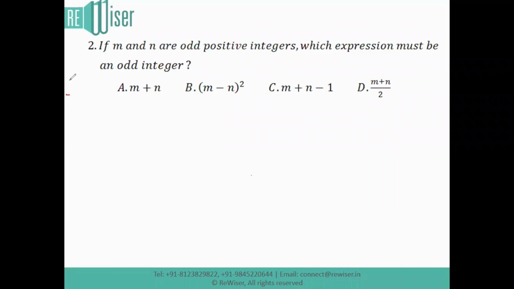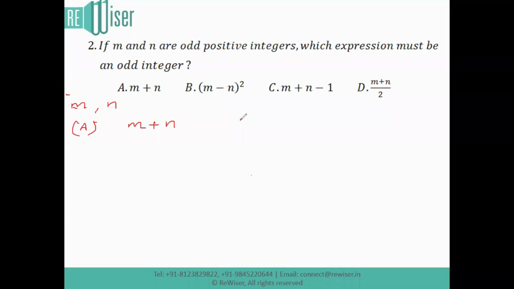In this question, they're talking about m and n are odd positive integers. Odd positive integers means it can be 1, 3, 5, 7, and so on. And they're asking you which of the expressions must be odd. So if I talk about option A, where it is m plus n, so whenever you add any two odd